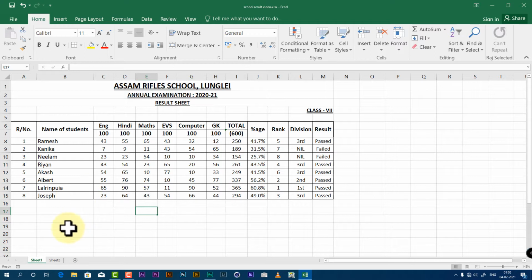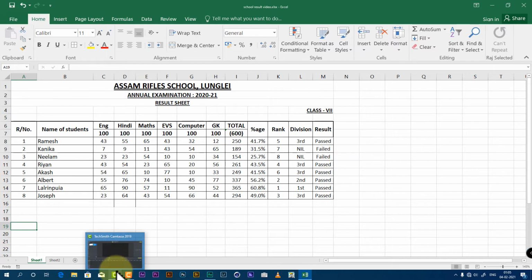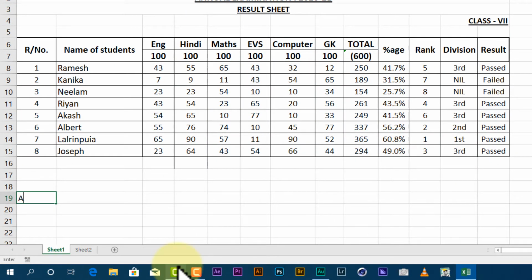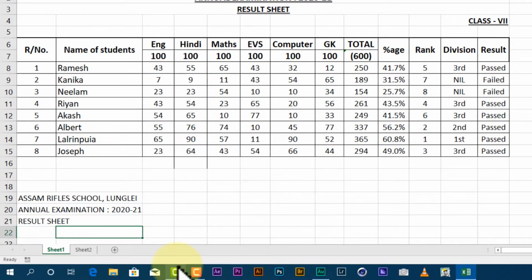We will create the whole result sheet here from the beginning. Simply type Assam Rifles School. Now we want all three headings in the center.